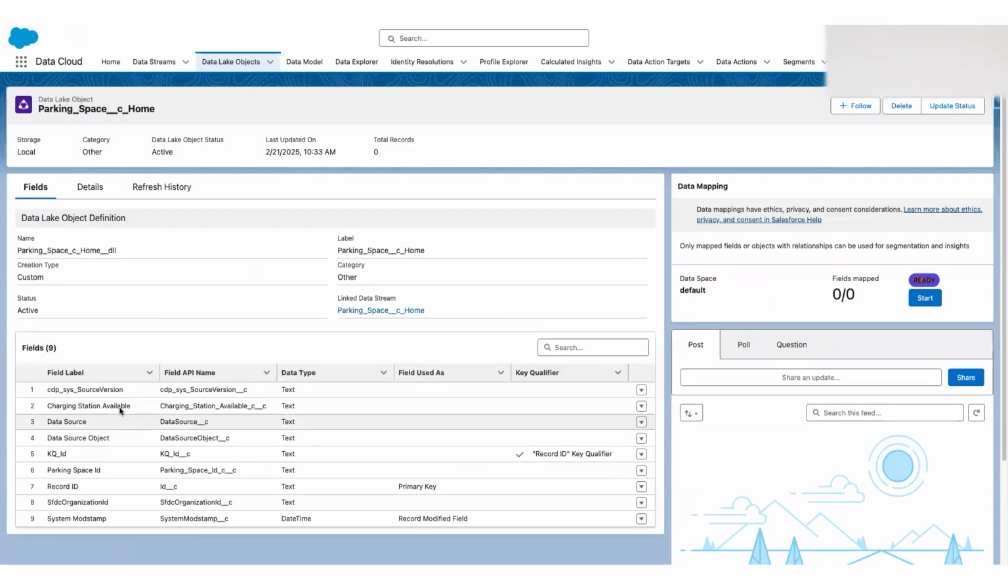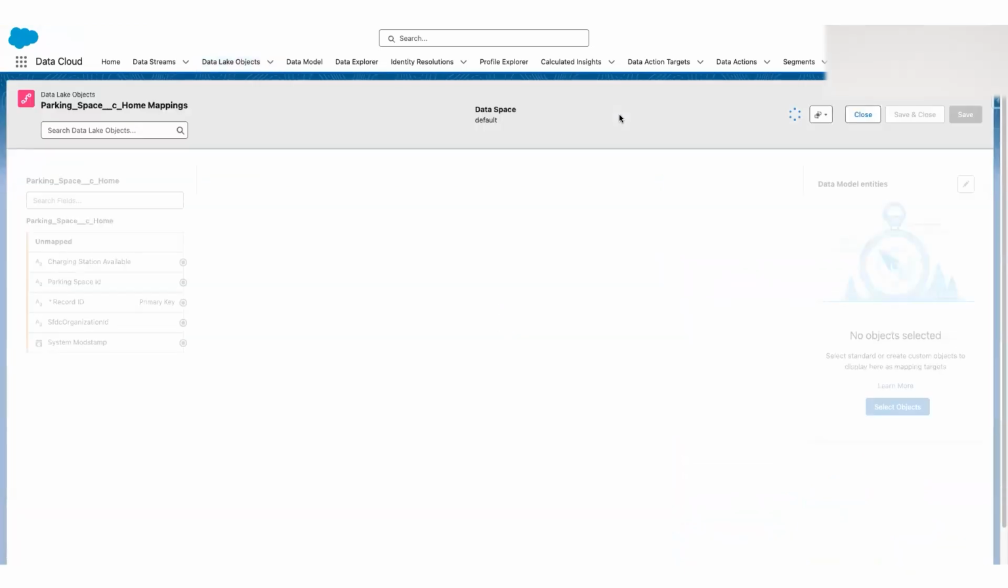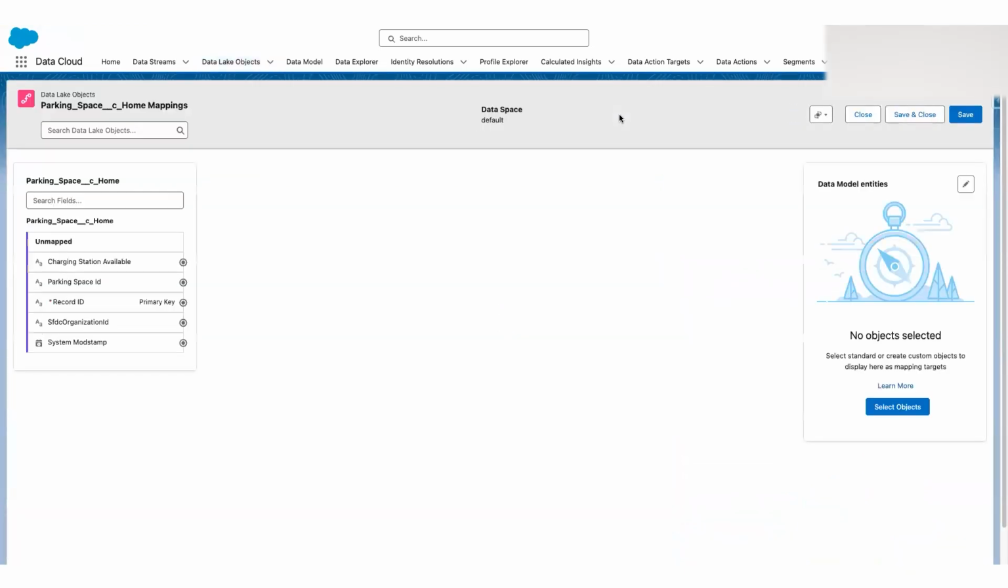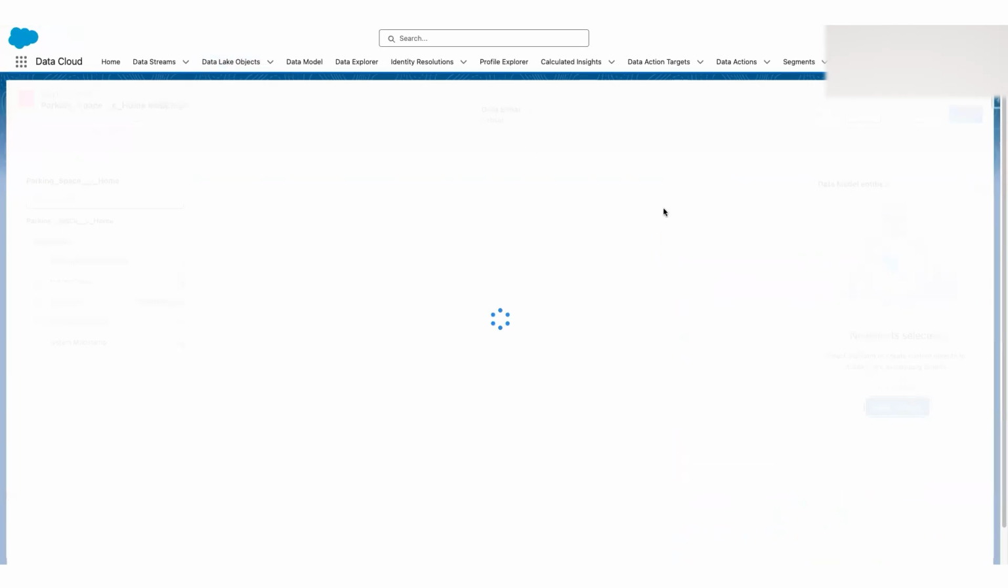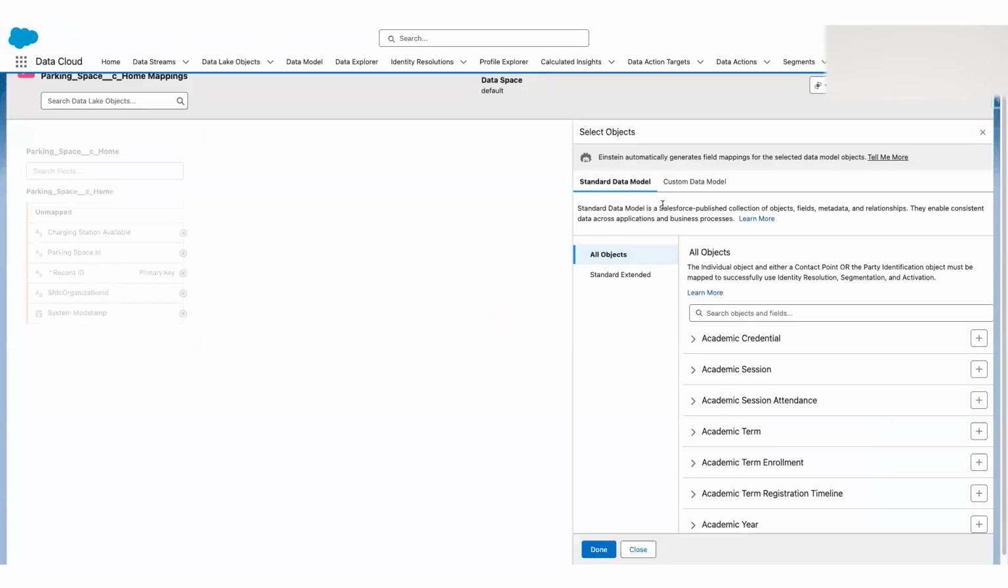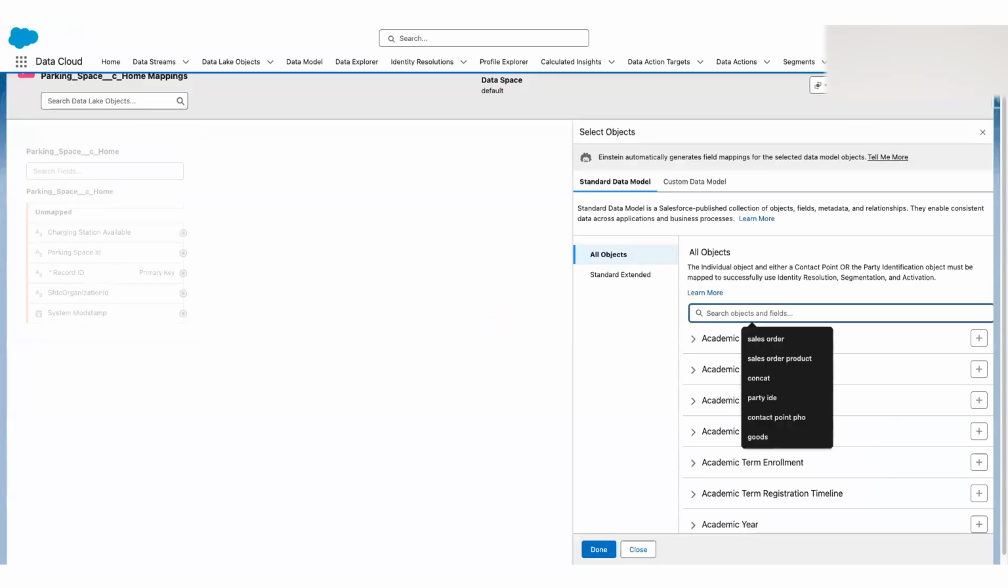The category is other. As you can see, if I click on start the mapping, we're going to naturally try to find the object first within standard. We're pretty certain we are not going to find any standard data model object. Hence, we are going with a custom data model object. So in standard data model object, if I search